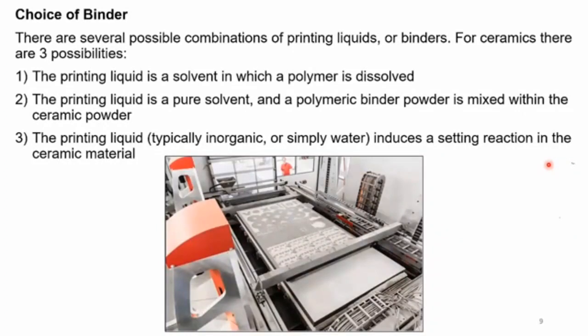few meters in size. The binder that you are selectively depositing from the printing head can be either a solvent in which a polymer is dissolved. This is the most common approach. Or you can put a soluble polymeric binder powder mixed within the ceramic powder, and then you're simply printing your solvent. Or you can use, as a printing liquid, something that would induce a setting reaction in the ceramic